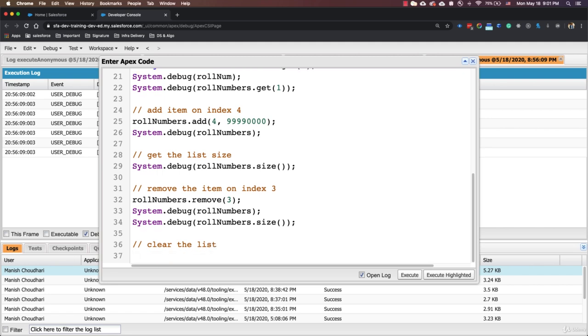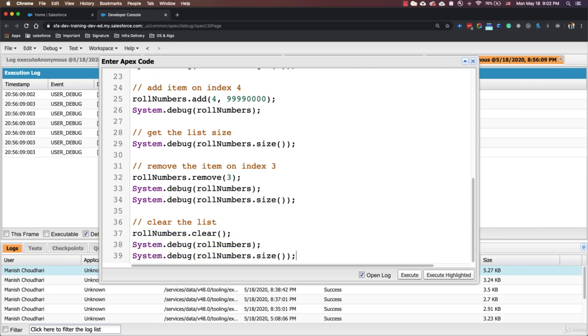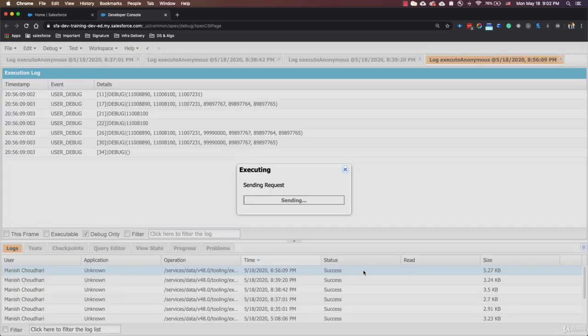For this, you can use the clear method on list. So we need to use our list variable, and then we need to call clear method on this. So this statement will clear all the items from this list. And let's try to print our list and the list size again. Let's execute this code